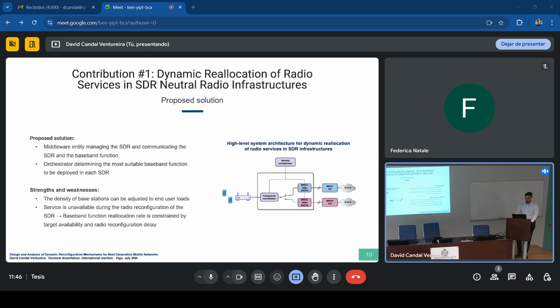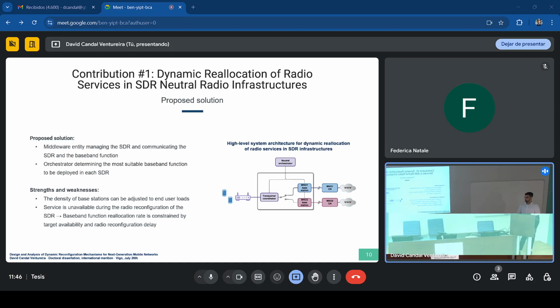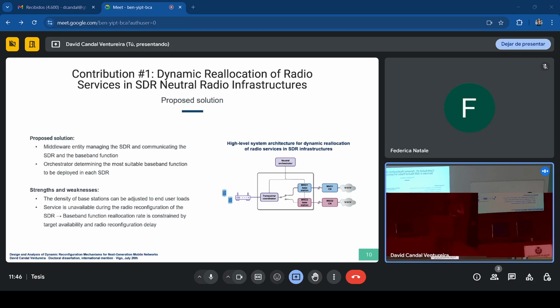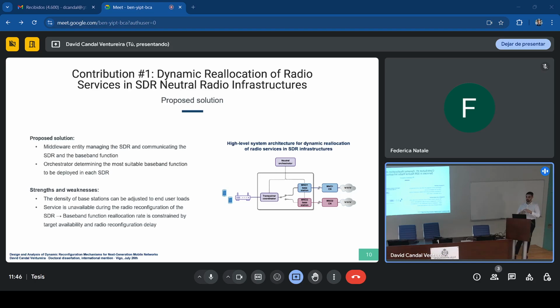This setup allows the baseband function to be replaced on the fly by simply switching the communication on the transceiver coordinator to the corresponding baseband function. Also, by keeping the radio connected, we can reduce the initialization time, and we can avoid reconfiguring those parameters that are already configured in the radio and match the values expected by the new service.